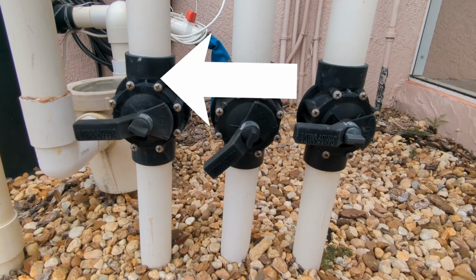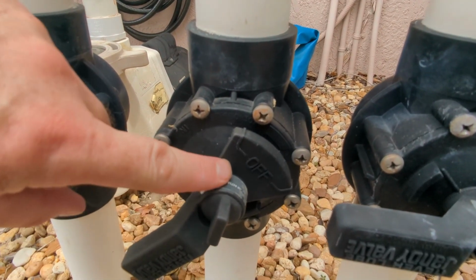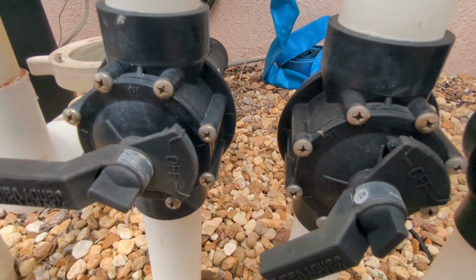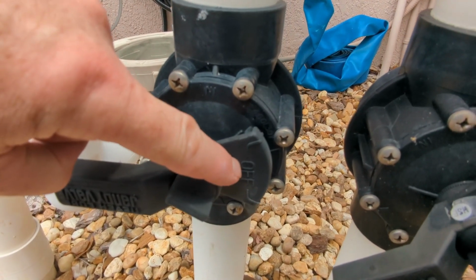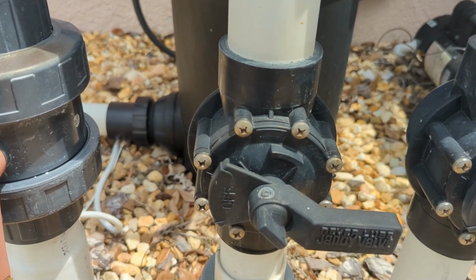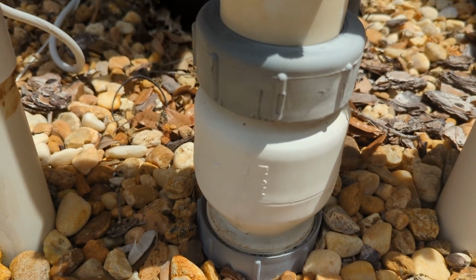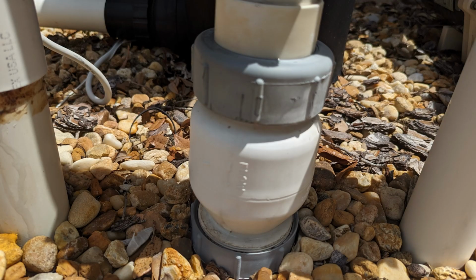Regardless of whether it's a two- or three-way valve, each valve has this little off tab, which means when the water handle is in this position, there's water flowing through the pipes. Sometimes a check valve can be installed under a two-way valve in case the pool has an attached spa. A check valve is also useful to keep water in the plumbing and equipment so it doesn't siphon back into